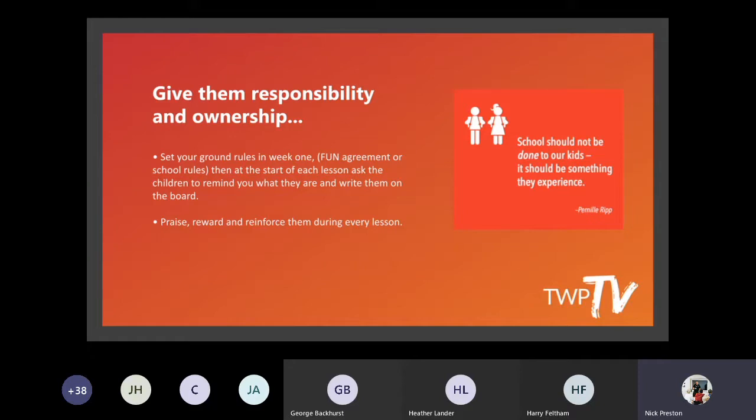So you go with an autocratic style, you set your ground rules. You then move into a democratic style, where it's a democracy between you and me, and you've got to earn your responsibility as children. And once they've earned it, it's then giving them a laissez-faire, or a "let's do" in English, style of teaching, to give them some more responsibility, because I can guarantee you will get more respect back if you do that.